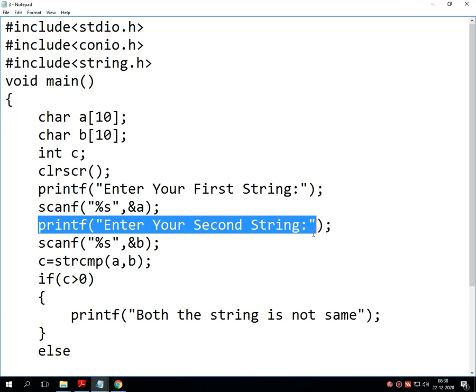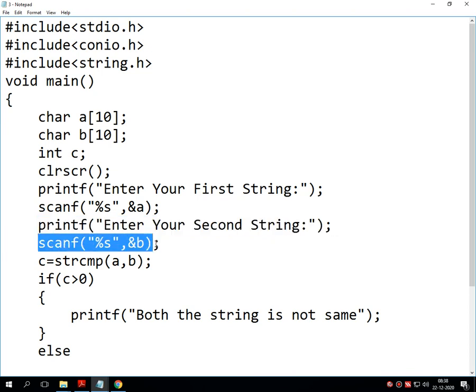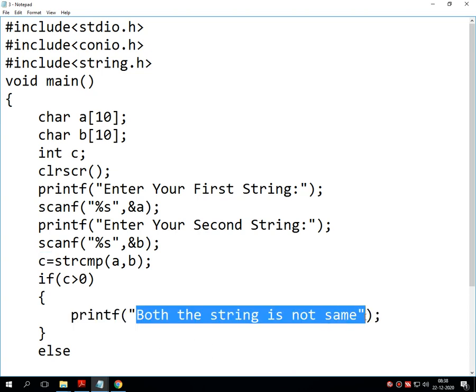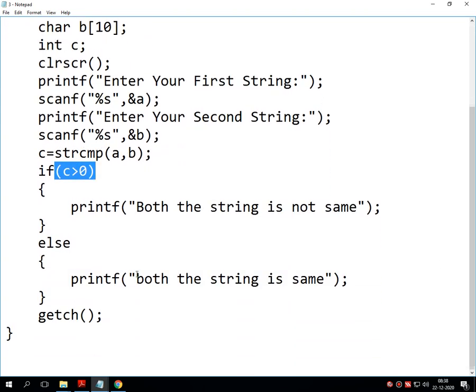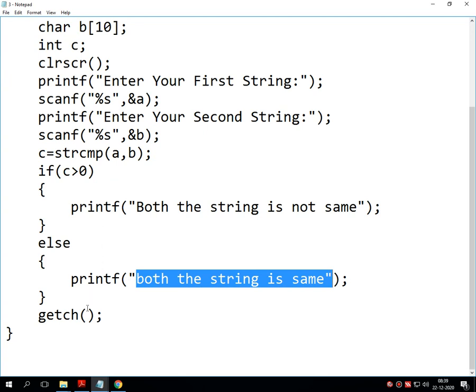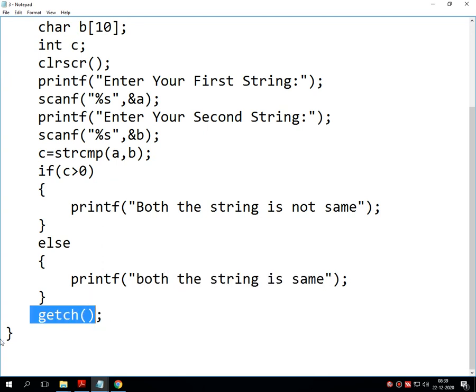Then there is a second message, enter your second string, it reads and stores the value inside another variable called b. Then the strcmp function compares both the strings, and it returns a one digit; if that digit is greater than 0, then both the strings are not same, and if it is less than or equal to 0, then both the strings are same. And lastly, that particular program gets over.